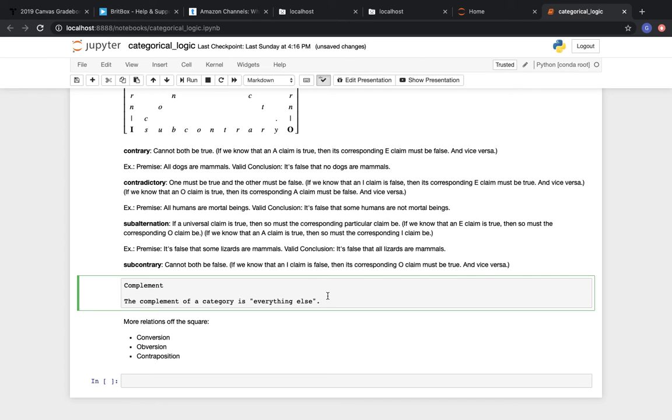Now, everything else depends a little bit on what we mean by everything, right? So, for example, if a mathematician says something like prime numbers and non-prime numbers,